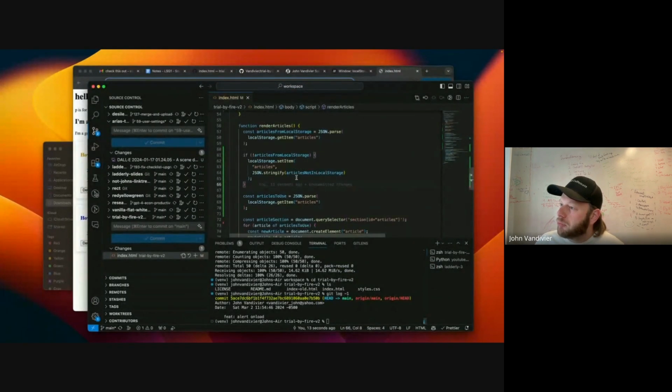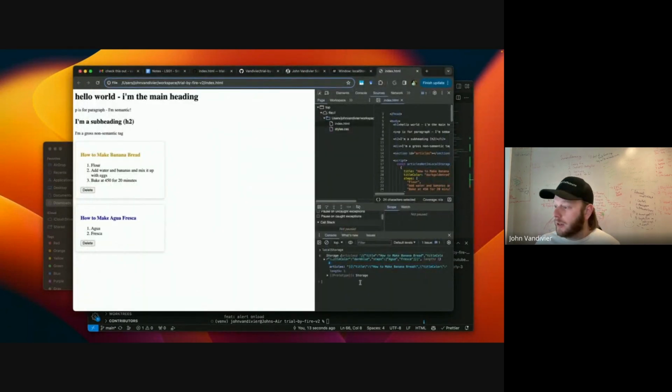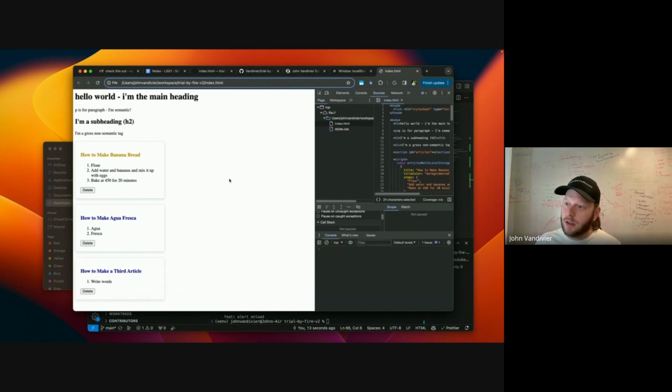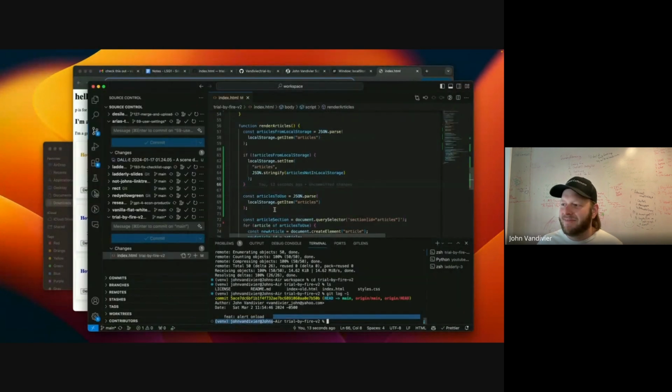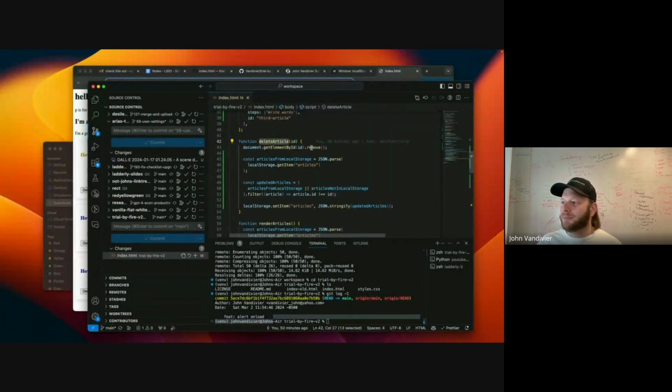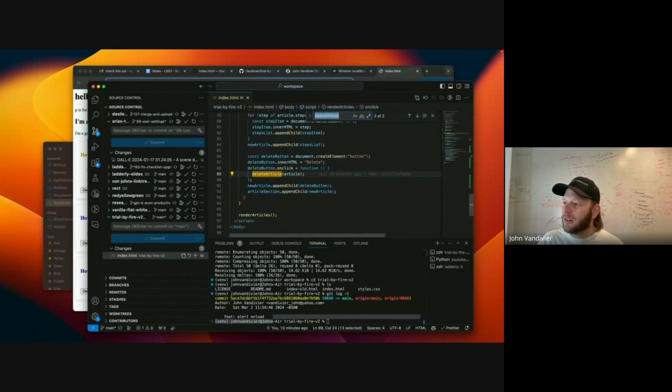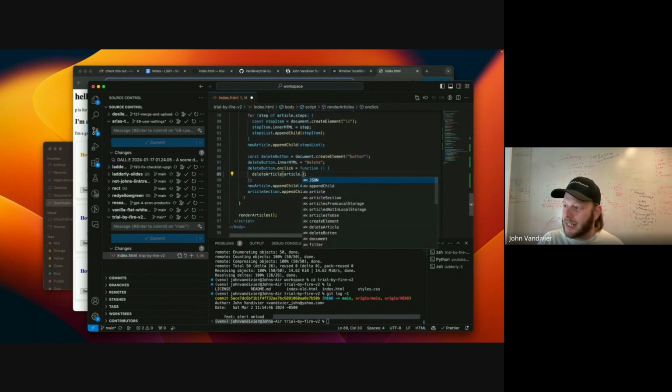Okay, so I think I fixed this. We'll see. Let me clear one more time. Now I have 3. Local storage also has 3. There's the third article, so the third article's in there. I'm refreshing, it's working. Let me delete this middle one. Ooh, it deleted the wrong one. We got some bugs, y'all. Let's see. Oh, I'm passing the whole article when I want to pass the article.id.